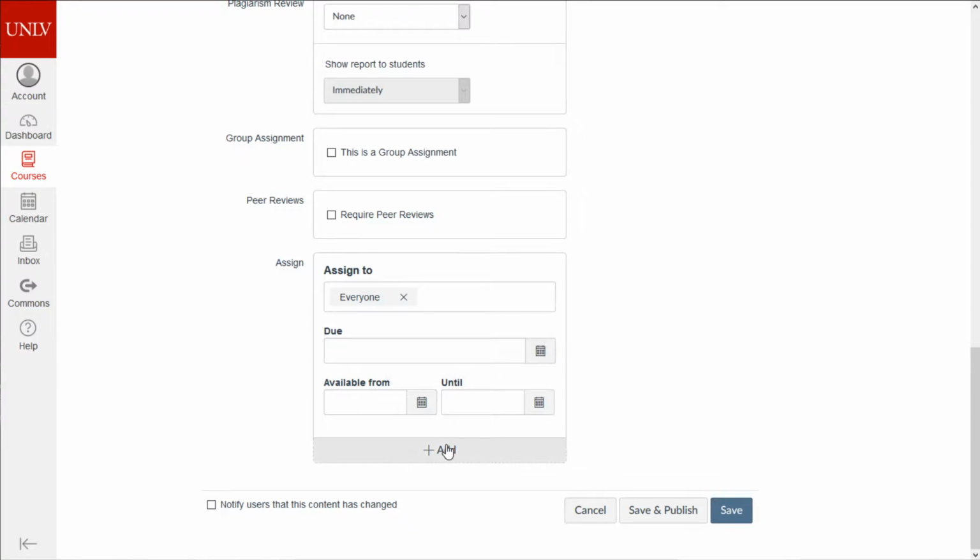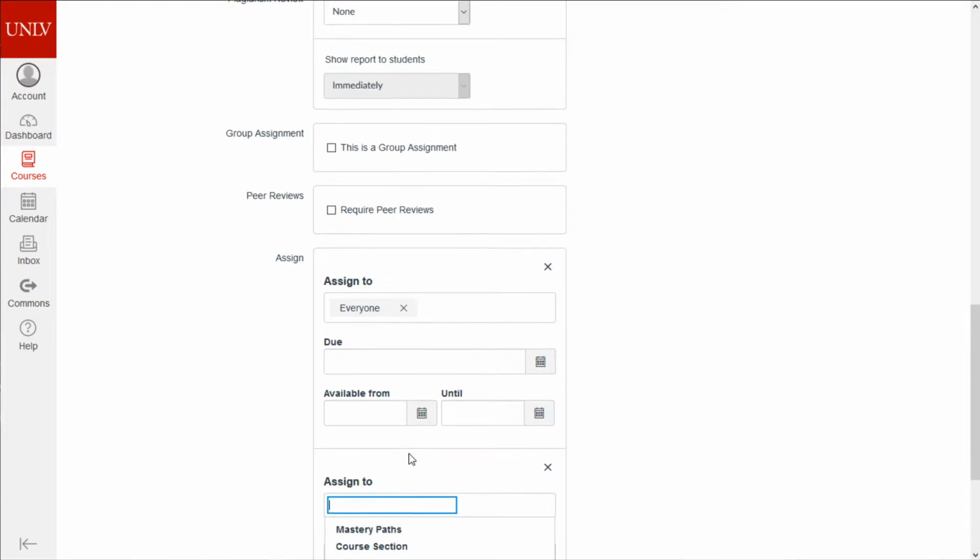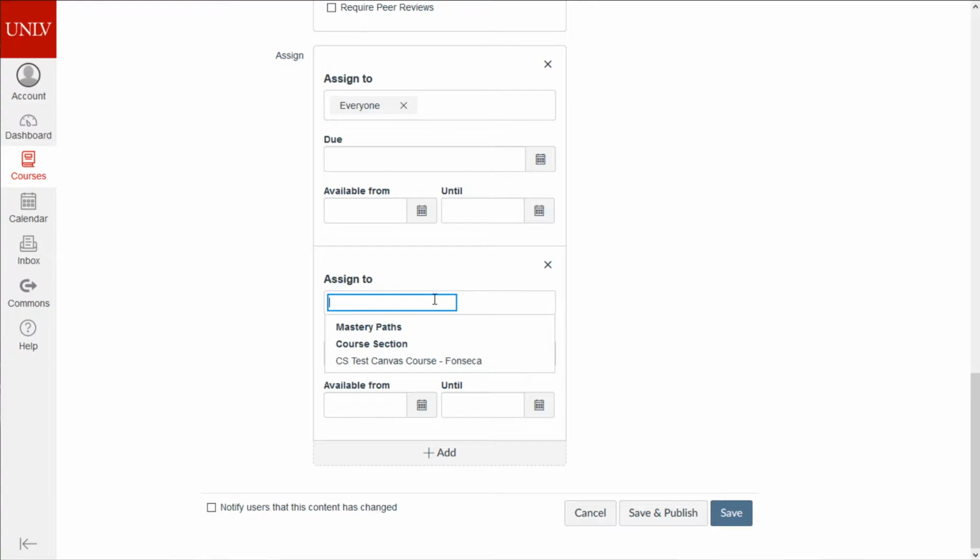For example, say I'm giving an online test, and a student has told me ahead of time that he would like to start 10 minutes early and finish 10 minutes early because he has work. And I went ahead and agreed to do this, which of course you don't have to. And so now I want to still limit the time they can take the test to, let's say, an hour, because that was the duration of the test. So if I want to assign that test to be available at a different time than somebody else, I can go ahead and hit the add feature here, and I can add individual student names here